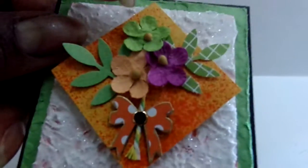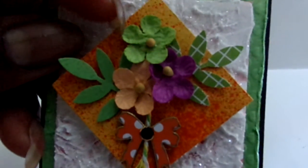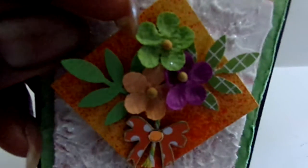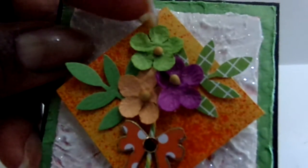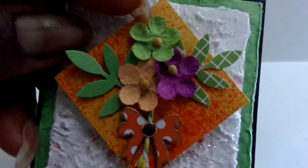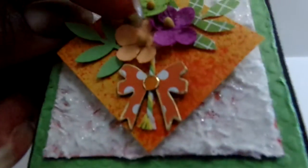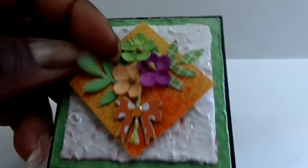different papers. These flowers are from a pack of Recollections little miniature flowers, and although you can't see it here on the camera, I did spray it with a Heidi Swapp spray. It's a sheer spray, and it actually has some little gold flecks in it, so those are sprayed. I used a yellow, green, and white piece of twine there for a stem, and you could see part of